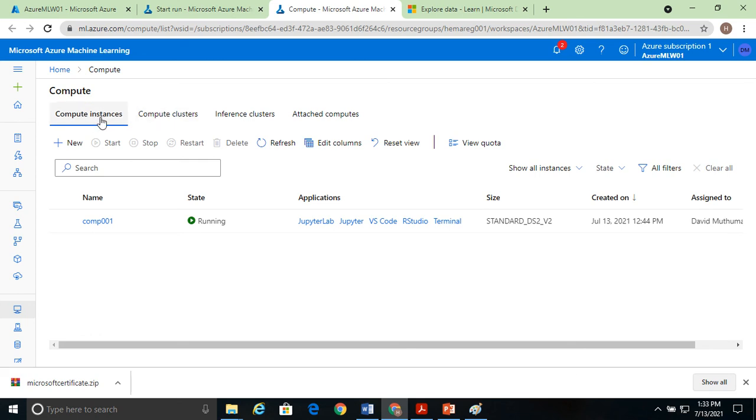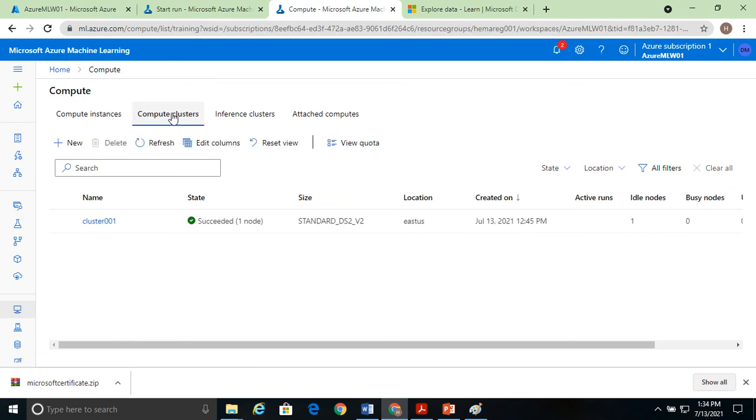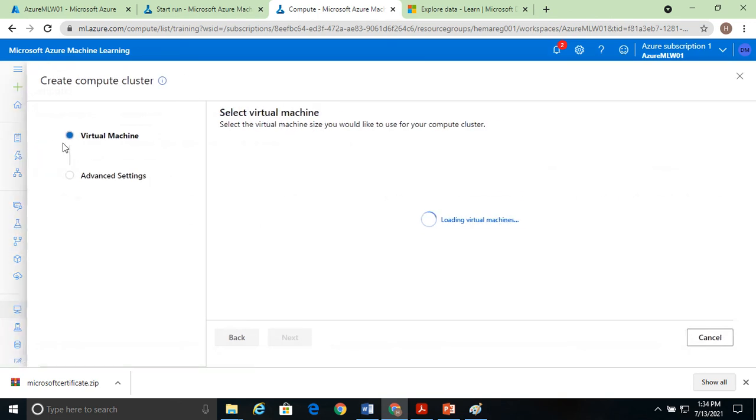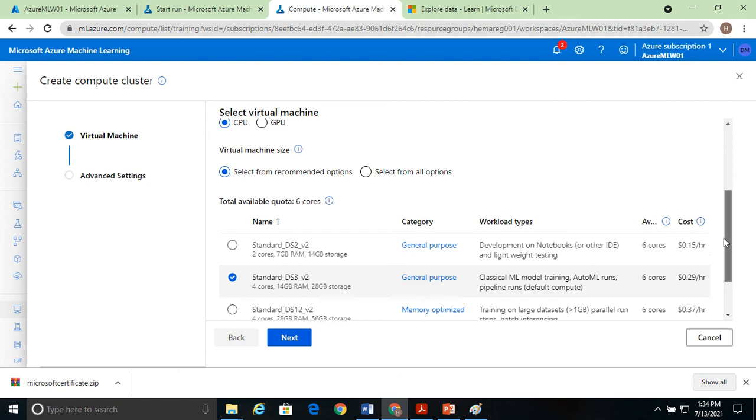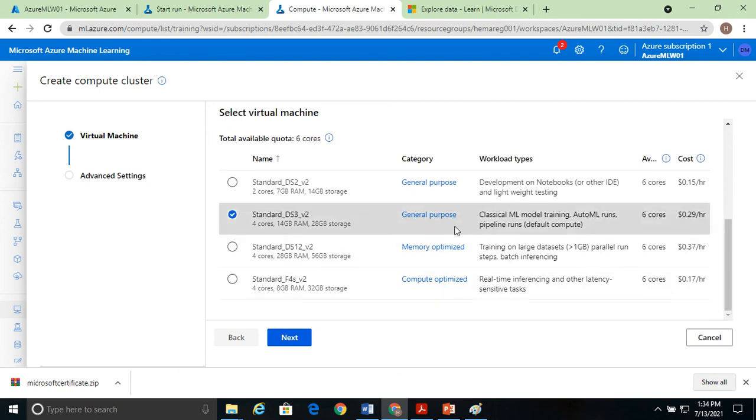Now what is this compute instance? If you want to test a model, you can use a compute instance, because testing will not take much time. But if you want to train your model, you need a cluster of virtual machines. So in that case you will be creating a compute cluster. Let me show you how to create a compute instance or a compute cluster. Just click on new. It will ask the location, then it will ask the name. Then it will ask whether you want a CPU or a GPU. Here you can see different configurations are available, and the cost is also associated with each. So you can select which configuration is required by you and click next.